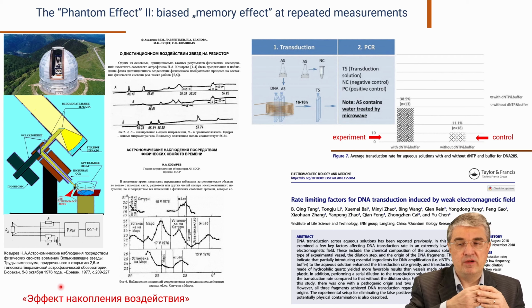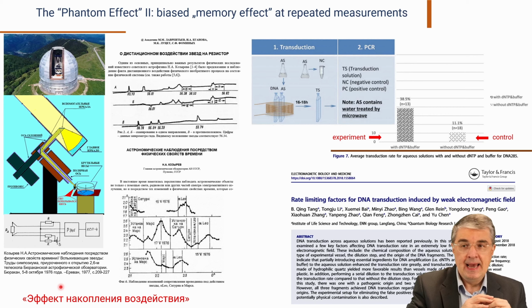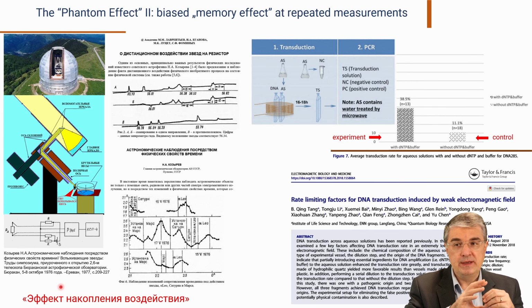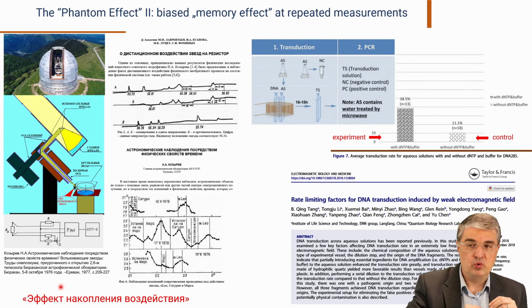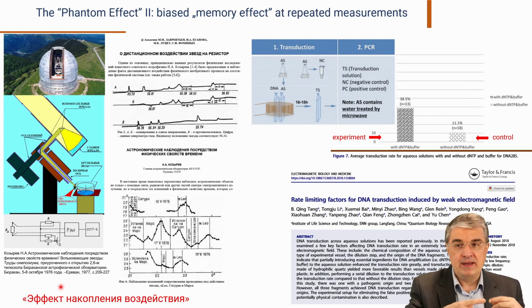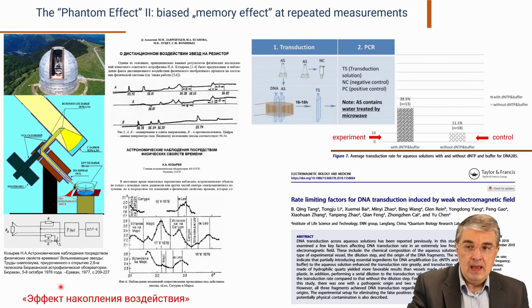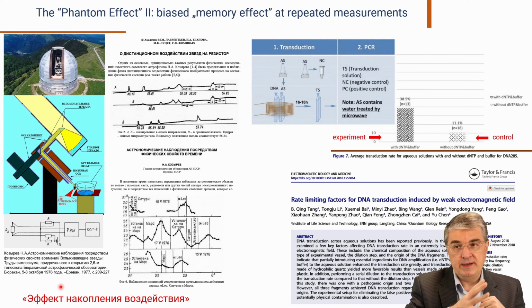So this energetic flow sticks to specific places of the experimental setup and still influences all these sensitive elements, even if the telescope was moved away from a true position of the sky. And the more experiments Kozyrev was performing, the stronger this effect was. It's really a kind of accumulation of these influences. And this memory effect, if there are no experiments, slowly disappears, and after a while, in fact, there was no memory effect at all.